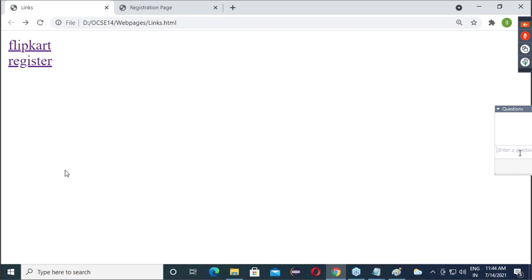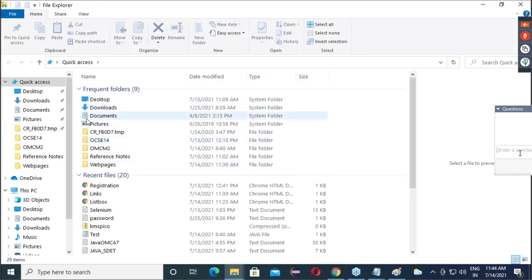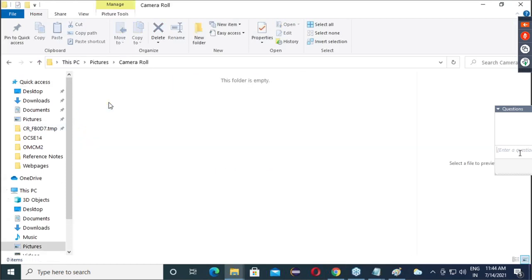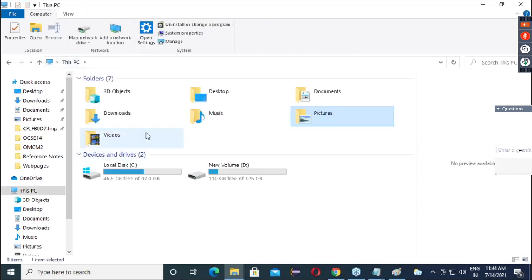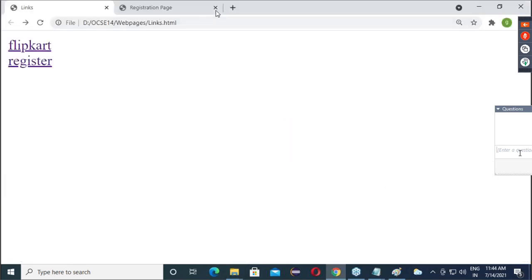So how does the image code work? For that, first we have to find one image. That means we have to download this. Tell me which image you want.